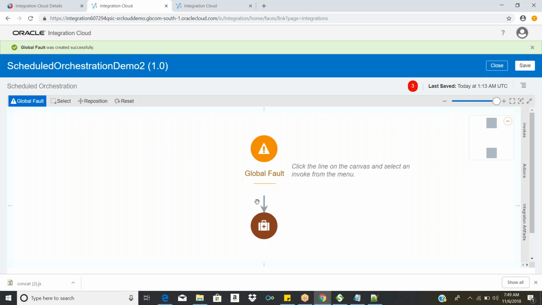So at this moment, you need to remember there is an exception handling in ICS. If something goes wrong, how do you want to handle the error message? That's your first question, and that's the business logic. If the business logic is clear, then come to this global fault section and handle it. So my business logic is, if something goes wrong, don't do anything, just send an email alert to the necessary person. I can configure that functionality in the global fault section. Select is for repositioning, just like repositioning the action items. I'll tell you the rest later.